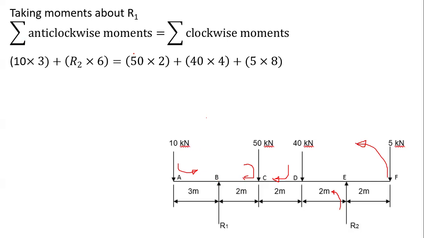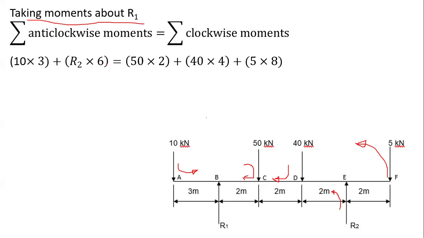Here I have my anti-clockwise moment. The first one is 10 by 3. The similar one is reaction R2 multiplied by all that distance. R1 is not involved because its distance is 0, so it's eliminated in this calculation because we are taking moments about R1. Hence, it cannot appear here because its distance is 0. So 10 by 3 added to R2 multiplied by the whole of this distance,